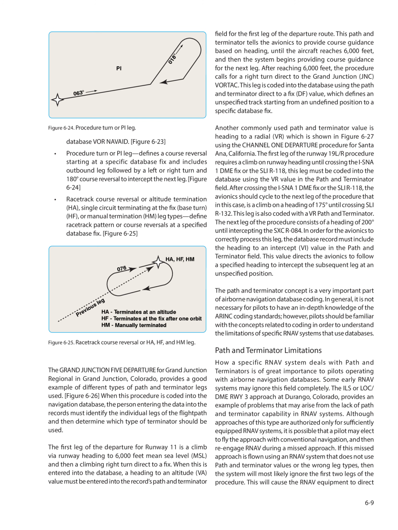The ILS or LOC/DME RWY 3 approach at Durango, Colorado, provides an example of problems that may arise from the lack of path and terminator capability in RNAV systems. Although approaches of this type are authorized only for sufficiently equipped RNAV systems, it is possible that a pilot may elect to fly the approach with conventional navigation, and then re-engage RNAV during a missed approach. If this missed approach is flown using an RNAV system that does not use path and terminator values or the wrong leg types, then the system will most likely ignore the first two legs of the procedure. This will cause the RNAV equipment to direct